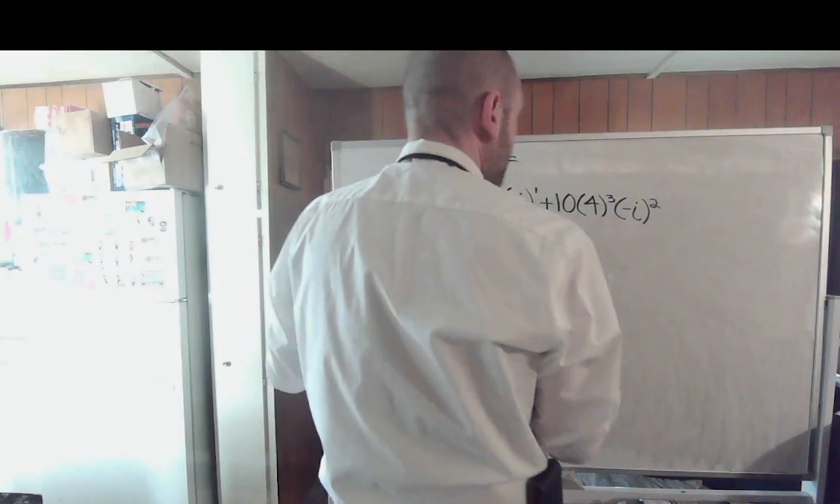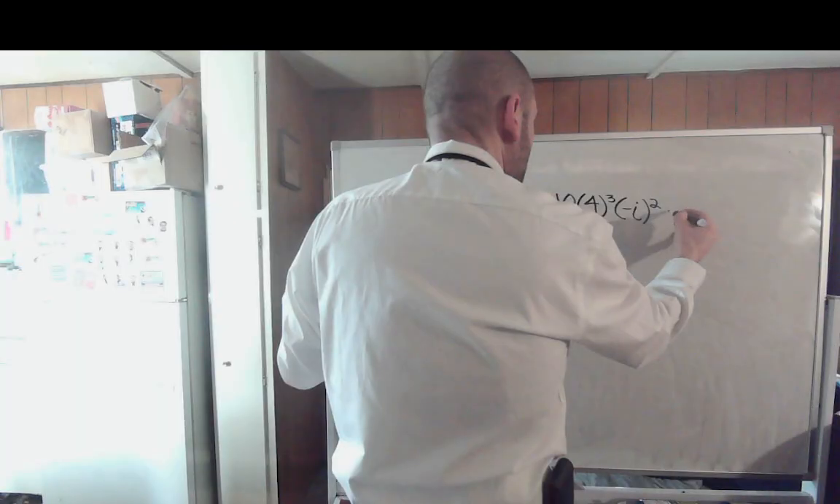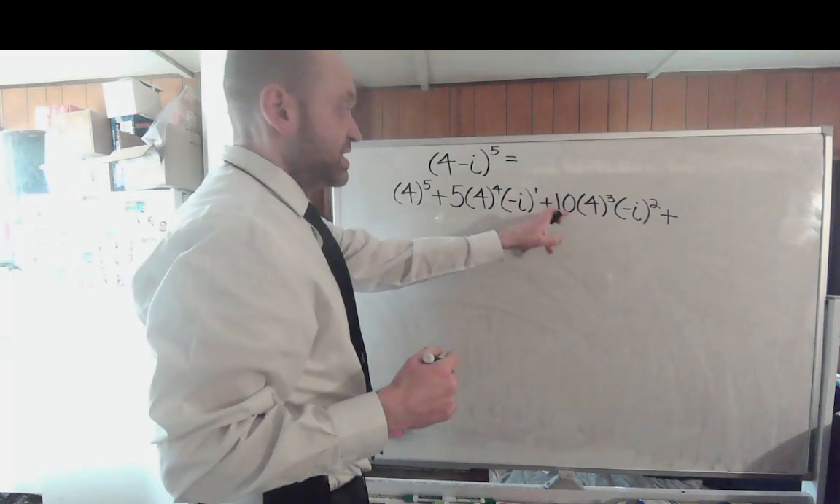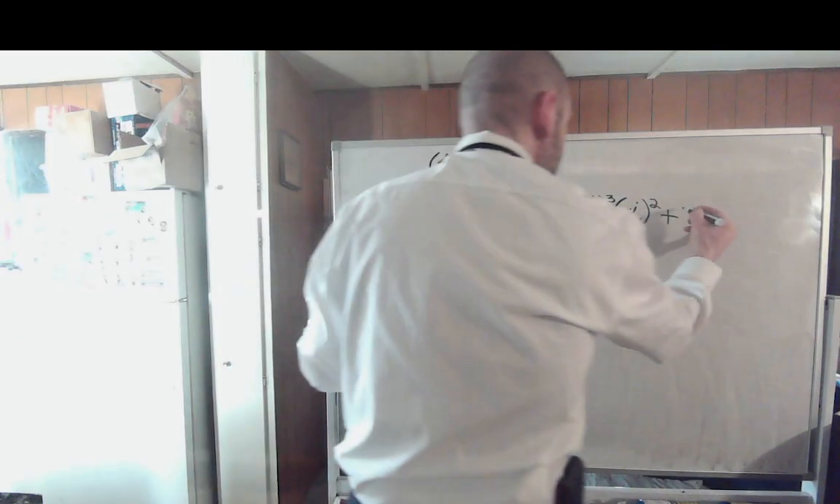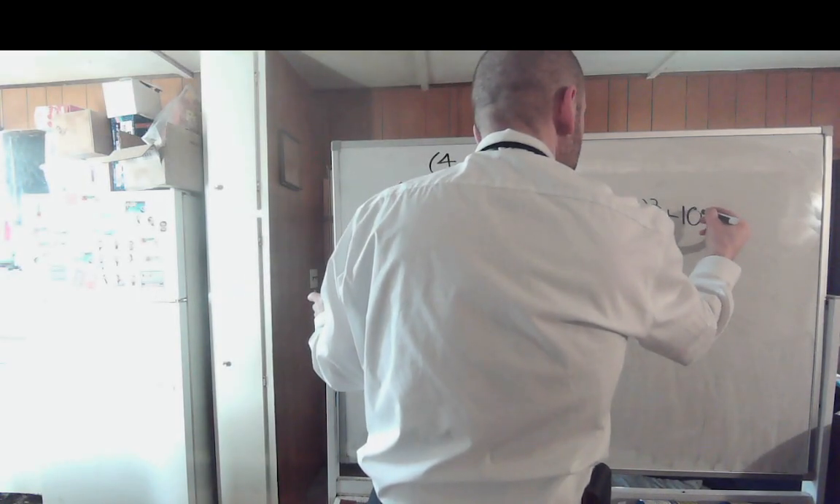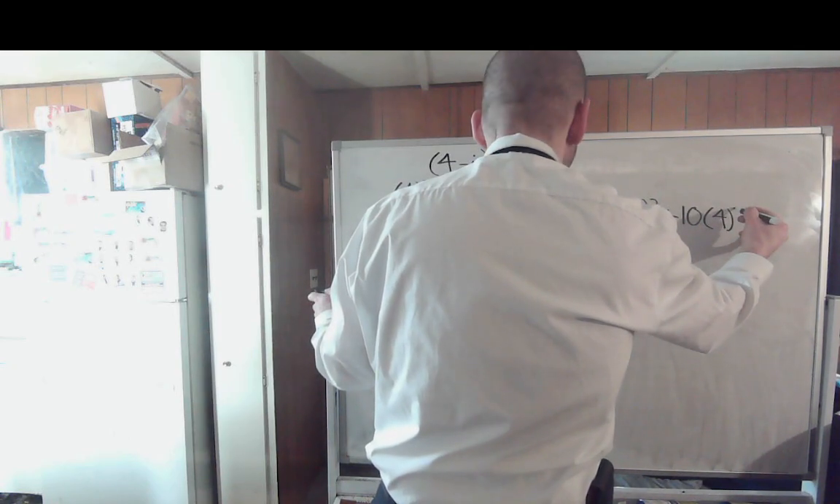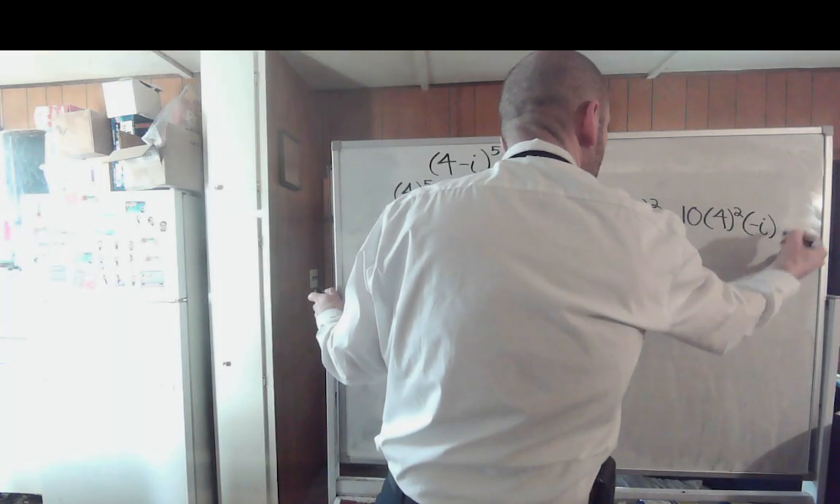And then you'll end up having, so your next term, take 3 times 10, that's 30, divide by 3, for the term you're on, you get another 10. So that'd be 10 times 4 squared times negative i to the 3rd,